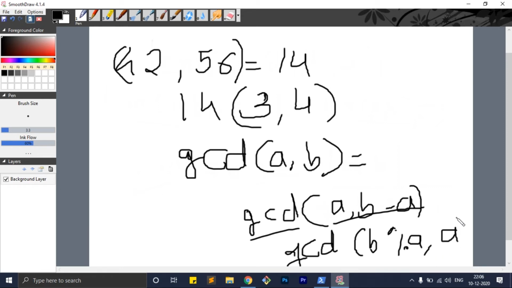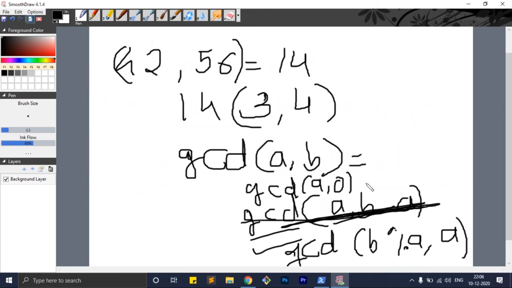and again a. And we keep on iterating this same thing until we reach the condition where one of these numbers becomes 0. So GCD of a and 0 is actually a, or sorry, yes, it's actually a. So this will give us the correct answer. Once we have calculated the GCD, then we know we can calculate LCM easily.